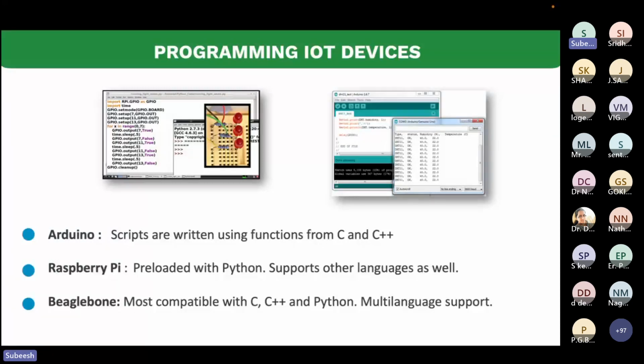You can have Python-based coding, so integrating models will be easy. You can even run small web-based applications inside. So it will give much more flexibility than Arduino. That is also another option. And BeagleBone is again C++ supported.